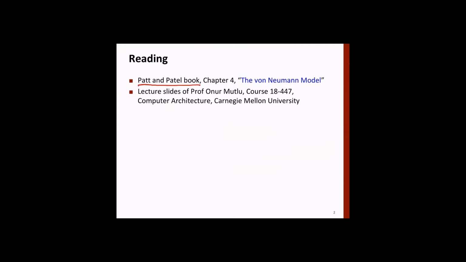Okay, I'm using two sources for the book. Actually, there are many more, but primarily two. This model has been beautifully described in Pat and Patel's book. It's a little expensive book, but you can get it on the internet. You can buy it, I think, from Amazon or someplace. It's a lovely book. If you don't understand a concept, then possibly you can go to this book and look at the details. So it's very simple. It's beautifully written, although I may not follow it fully all the time.